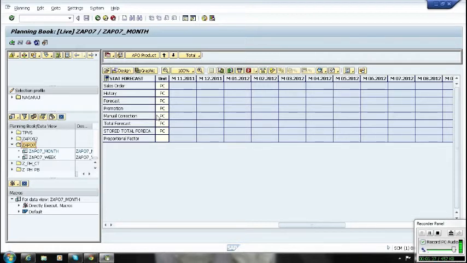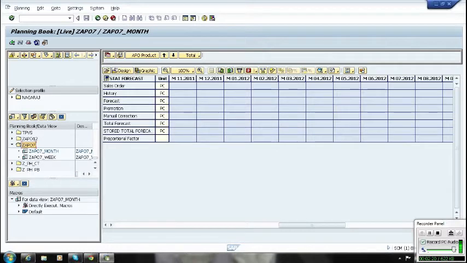The next step is running the statistical forecast and life cycle planning activation. That we can do in another planning book. Another step, we are adding the promotions like sales events, marketing events or other events. For that, we can create a different planning book. Then we do the consensus meeting, and in the consensus meeting, they finalize the forecast. For that, we can create a different planning book. And finally, the forecast is confirmed and we release it to the SNP or ECC systems. For that, we can create a different planning book. Like that, based on the activity, we can create a planning book.